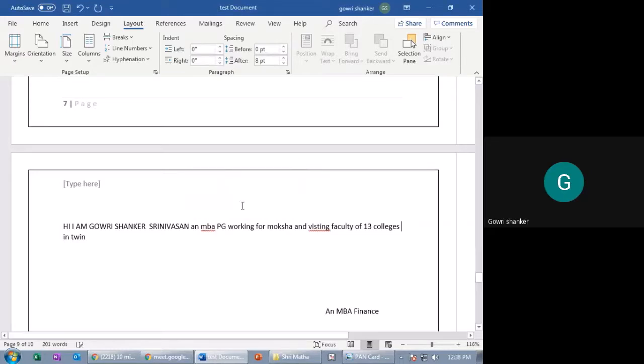Hyphenation is complete. For example, if I kept it here, you can see a difference. Here it ended here, but for the next line it is ending here. Now I'll show you more. I am in Twin Cities for teaching SAP, Tally, and MS Office.